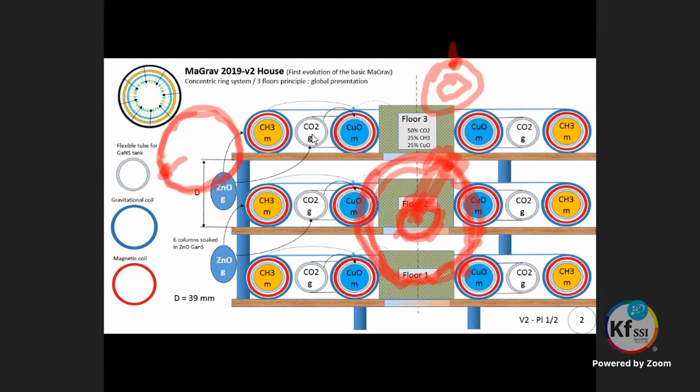So Joel is asking, is it best that he creates a star formation with the same GANS material that he has inside the Magrav's unit? Of course. Or a drop of it, whatever. We create a drop of it, put it over there, so that they have a connection.